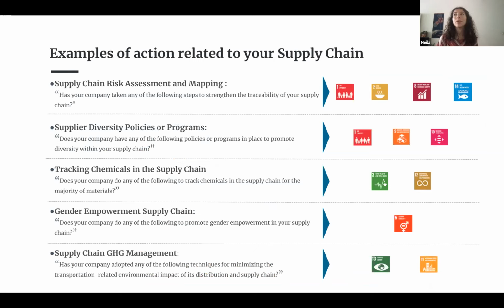There have been some reports from the UNGC explaining that only very few companies are actually taking ambitious enough action in setting their goals, and only 10% of the companies surveyed last year in the UN Global Compact survey declared involving their suppliers in their approach to better develop sustainable development.